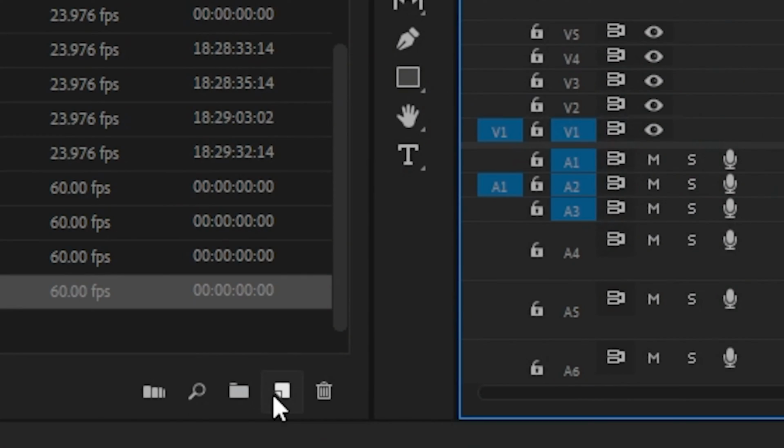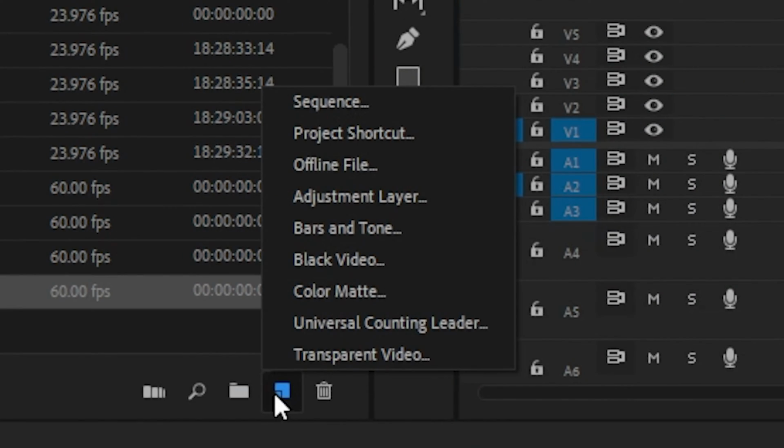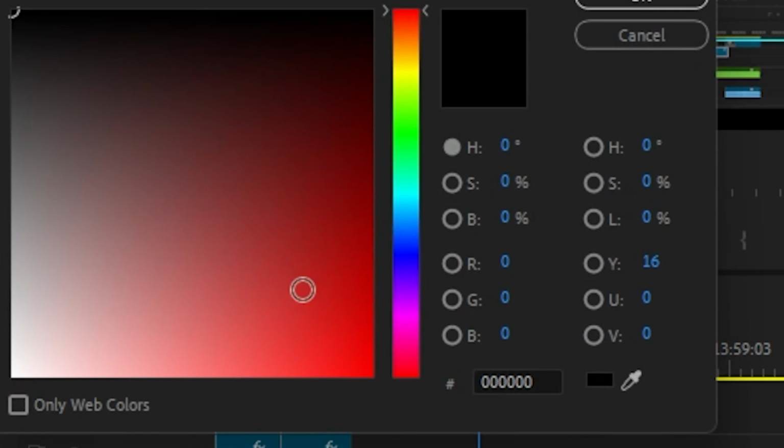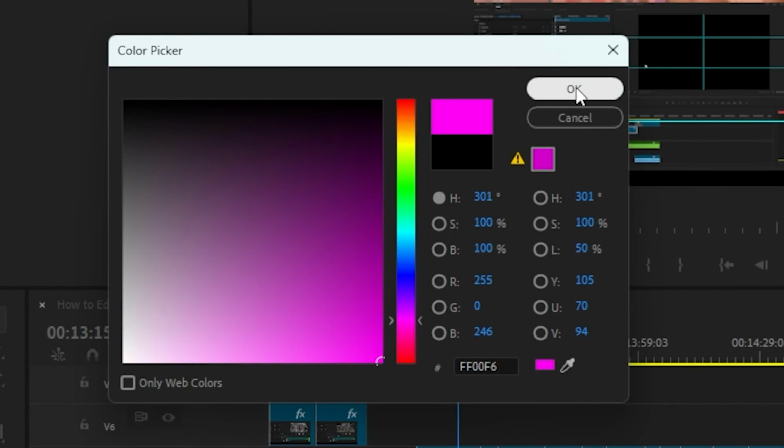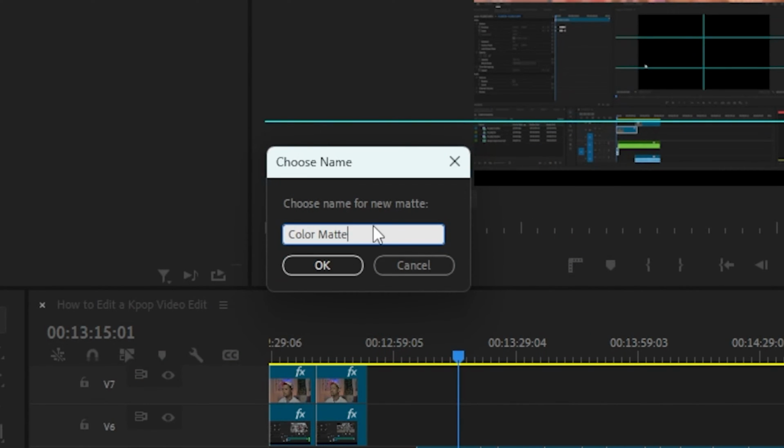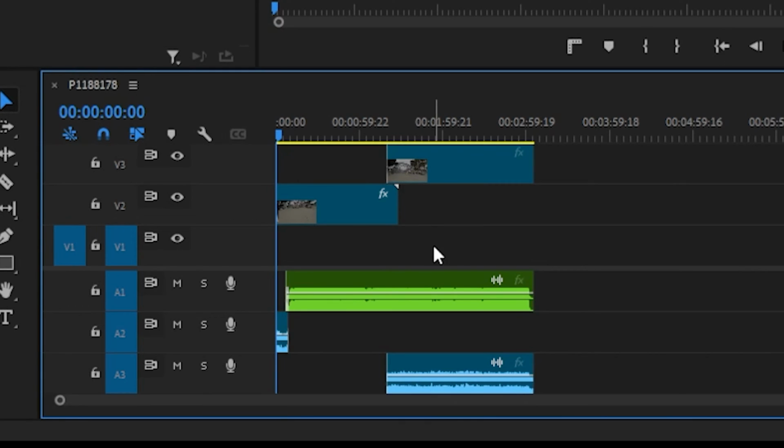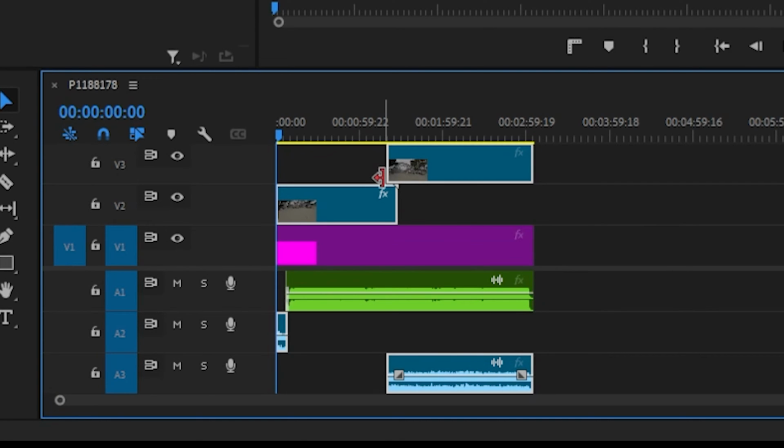A little trick that I like to do on Premiere when I do this is I like to go to New Item, Color Matte, press OK because that's the size of our screen. And I wanna make a color matte that's a really vibrant color, like a hot pink. I'll press OK. I can call it Color Matte Pink. And then I'll move all of the clips up one,